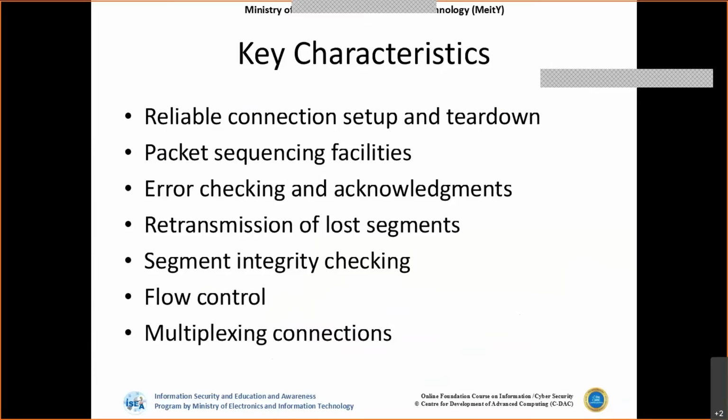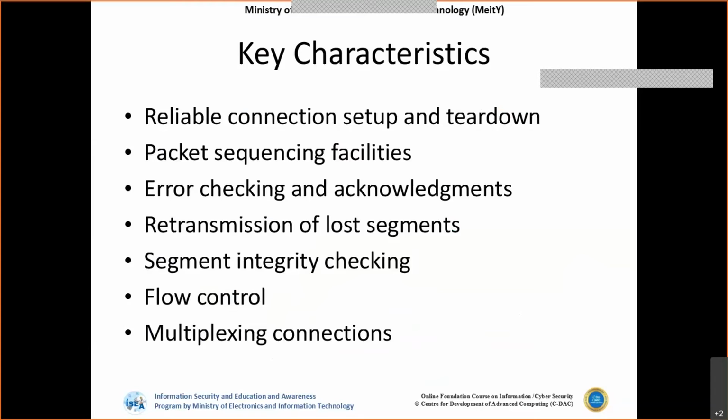If there is any drop in the packets, then there is a proper acknowledgement of whether the destination has got the respective traffic or not. And in case of any droppage, there is a mechanism for retransmission of lost segments. And also there is integrity checking in the segments, to verify whether all the segments have reached the destination point or not.